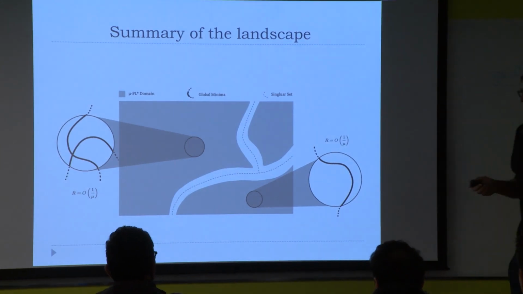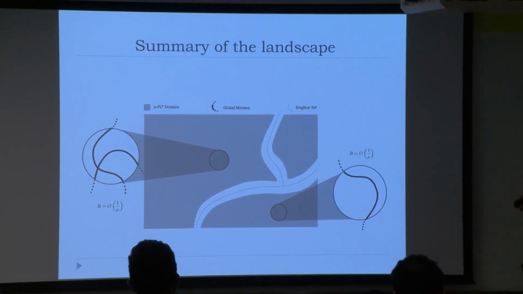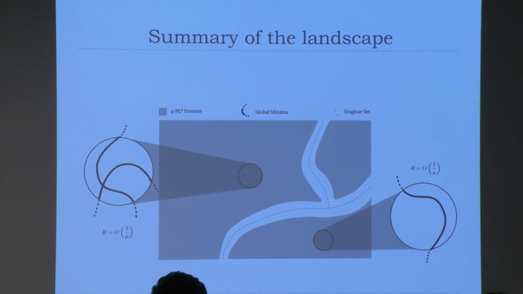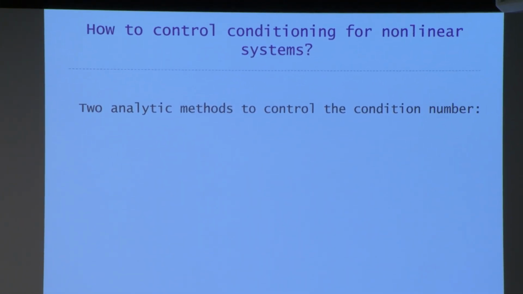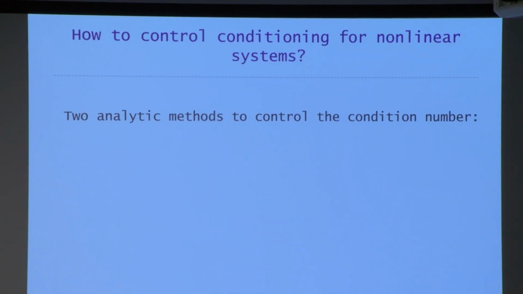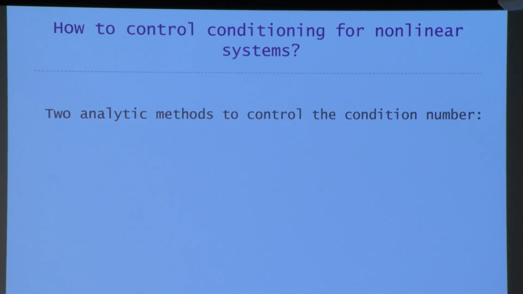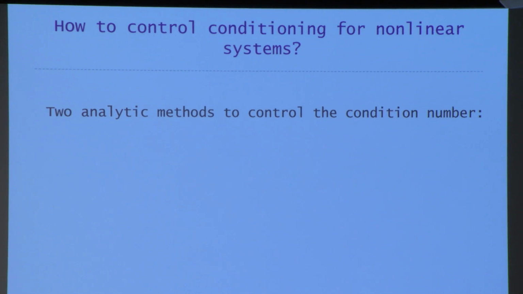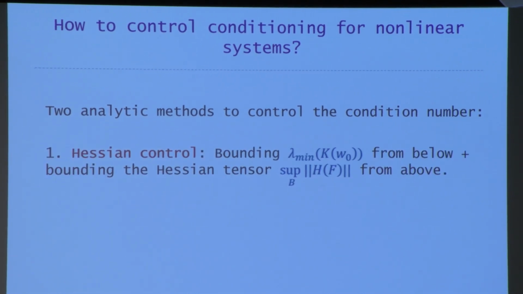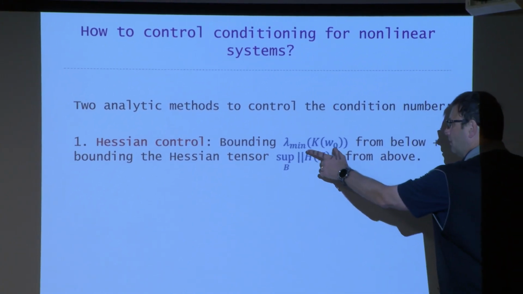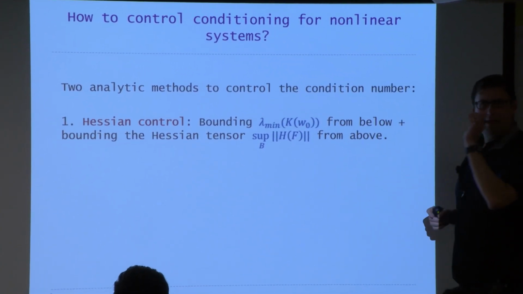So that's a summary of this. And maybe I'll just make a couple of points about how you would control conditioning, so go to something a little less hand-wavy in this sense. You can think of two ways to control this. The first one is what you may call Hessian control. And you say that lambda mean at one point